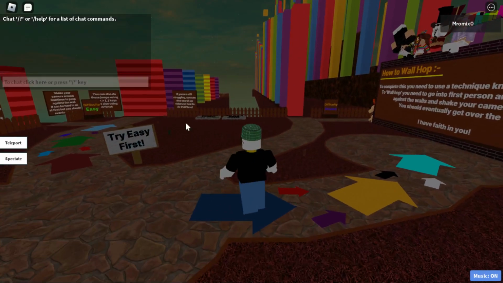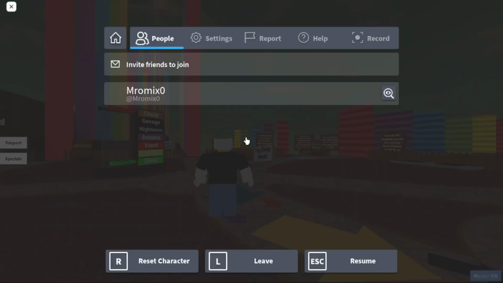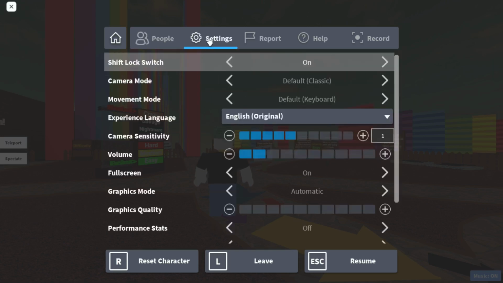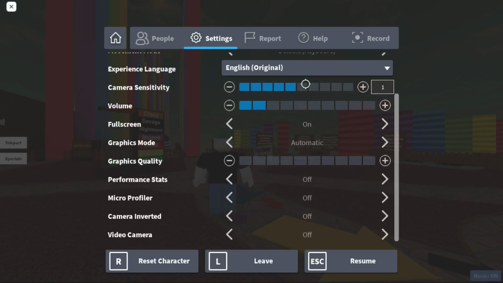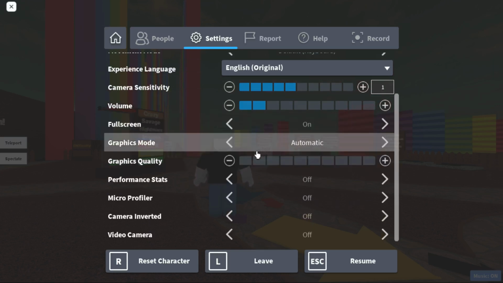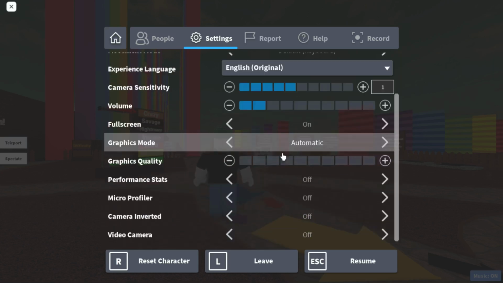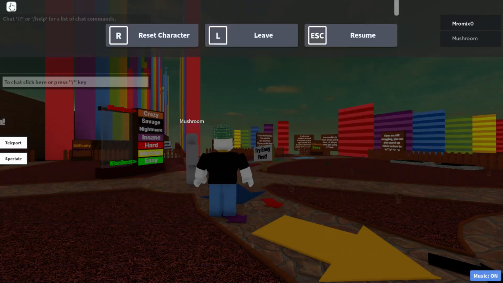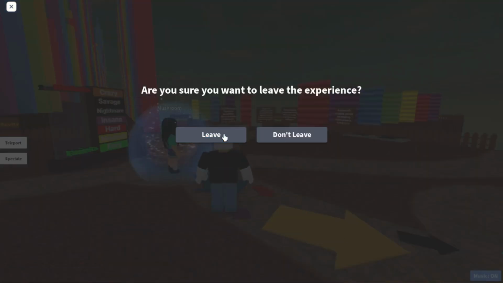So of course, once you are in the game, you will need to hit the escape button, and from here you would like to go to the settings option. From the settings option, you would like to go to the privacy tab. So of course, if you scroll down, as you can see, you will not find any privacy option right here. So of course, if you didn't find this in the game, that means you will need to quit first of all. Let me just quit it, leave,